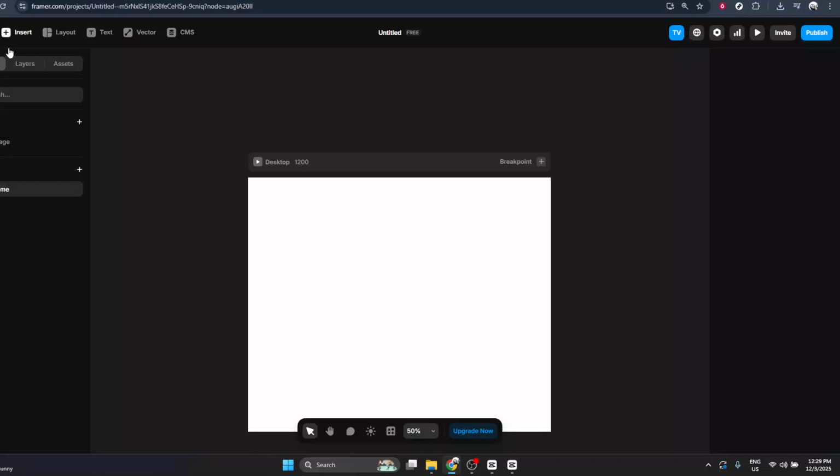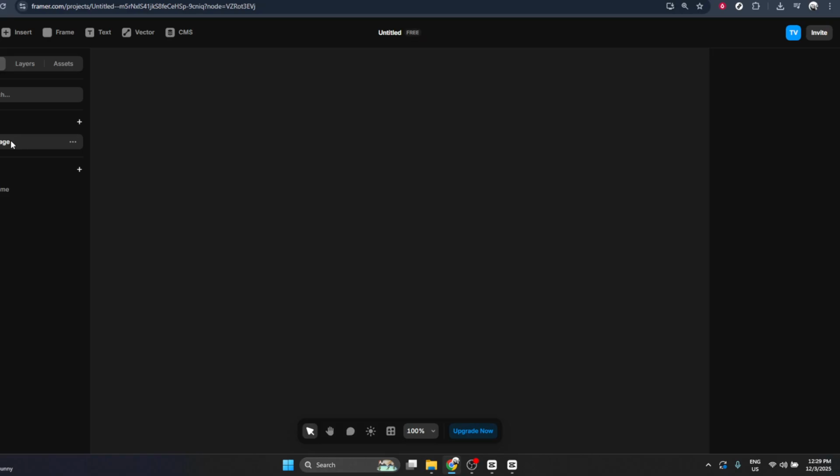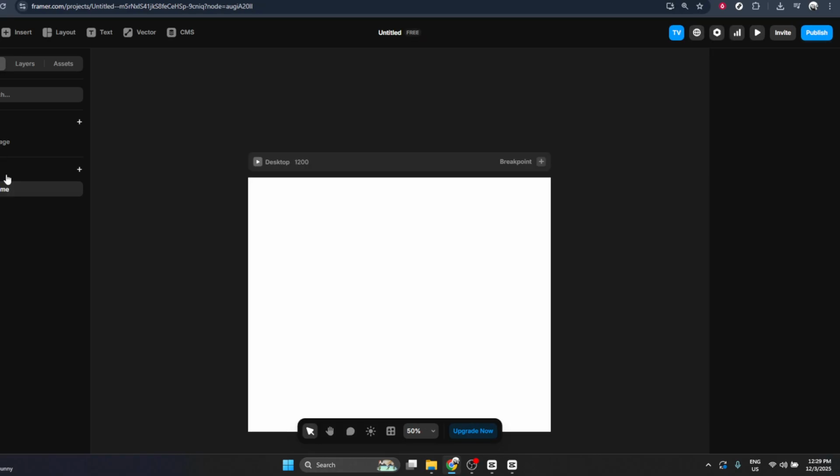In today's video, I'm going to teach you how to add a GIF in Framer. Before we jump in, make sure you already have your Framer project open and you're in the canvas view where you want your GIF to appear. You should also have your GIF file ready on your computer, or know where to drag it from if it's